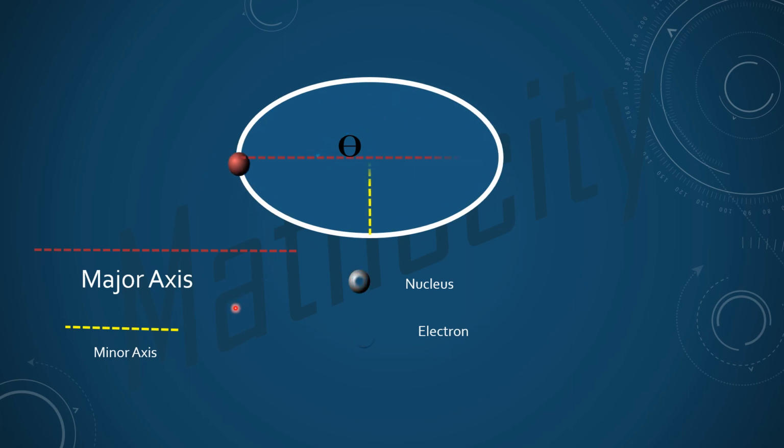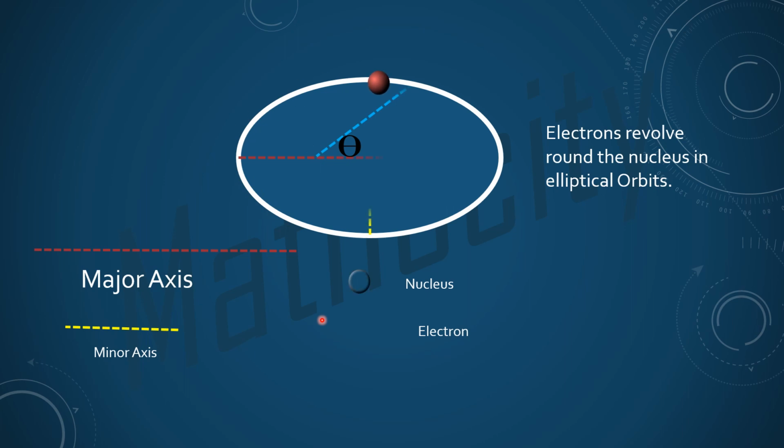Next, the third assumption. The angular momentum of the revolving electron, that is mvr, is equal to kh by 2 pi. So the angular momentum is said to be quantized, where k is known as the azimuthal quantum number, which we will learn about in our next session. And k takes the values 1, 2, 3, 4 and so on. Another important thing to remember: k does not take the value 0. k is not equal to 0.